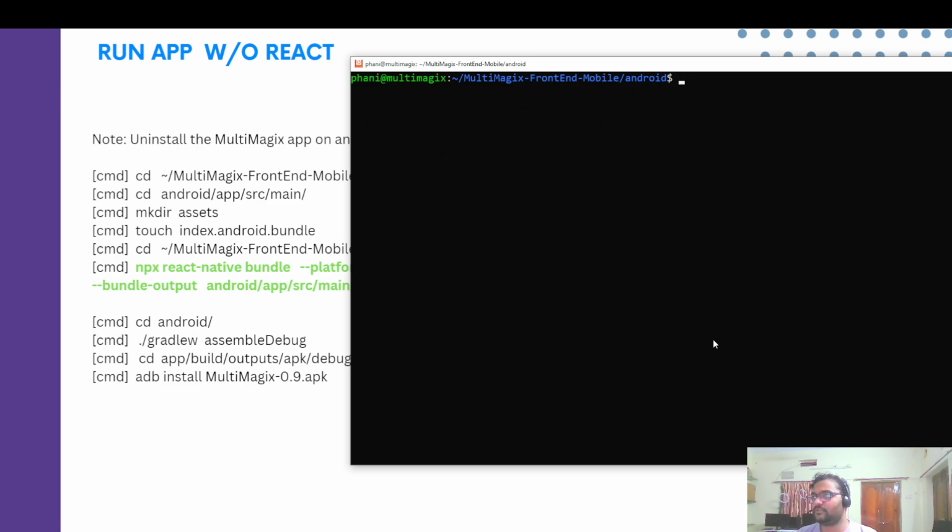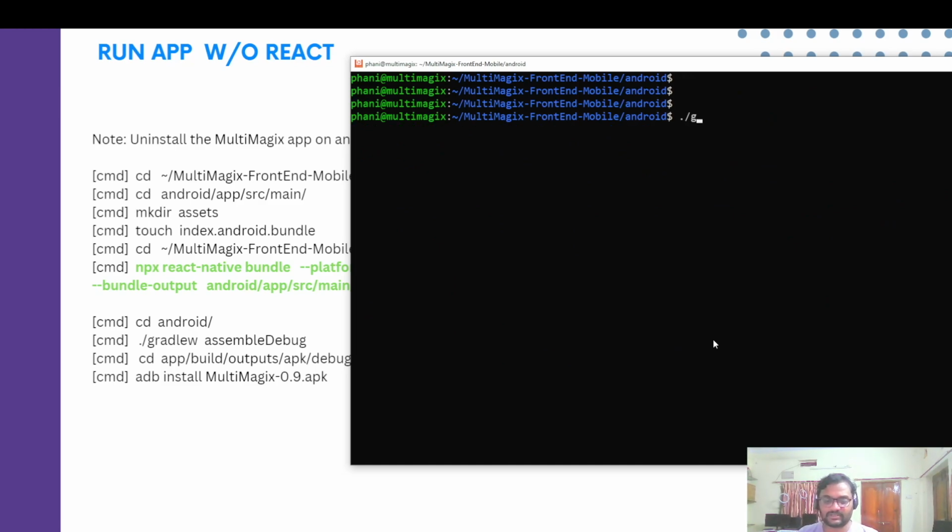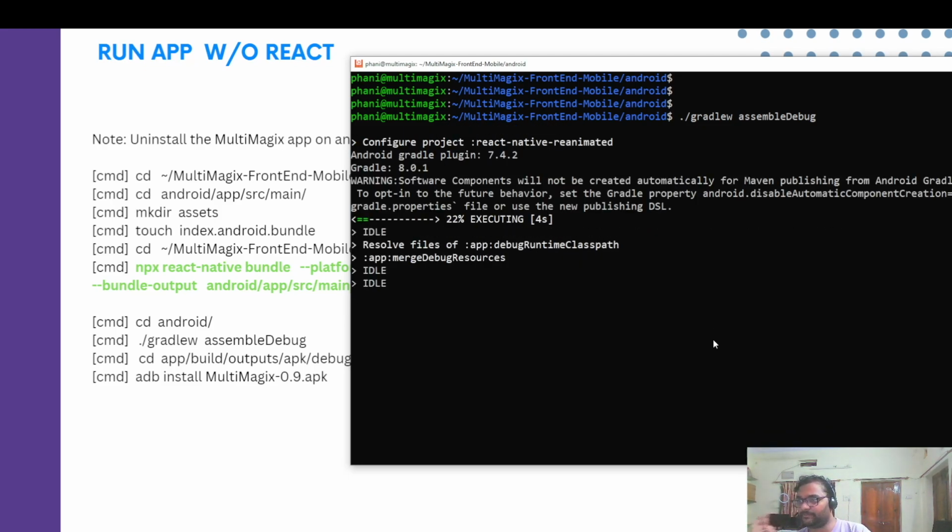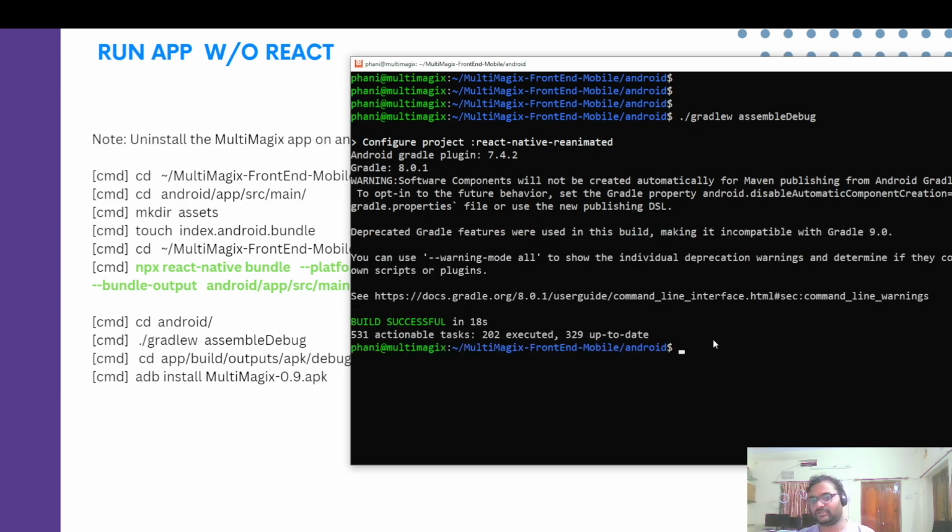Okay, and now just run this command, gradlew assembleDebug. This will generate a debug APK such that you can use that APK explicitly. It's a file ultimately. You can transfer that file from your local machine to your mobile device. You can copy paste, or you can use an ADB command. You can use different ways. For the sake of practice I'm using